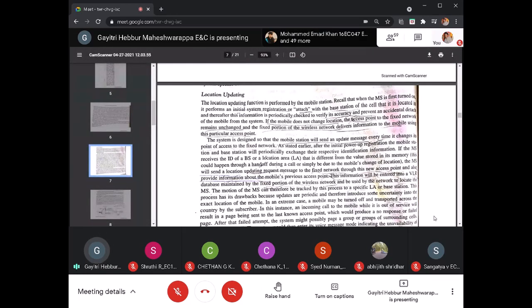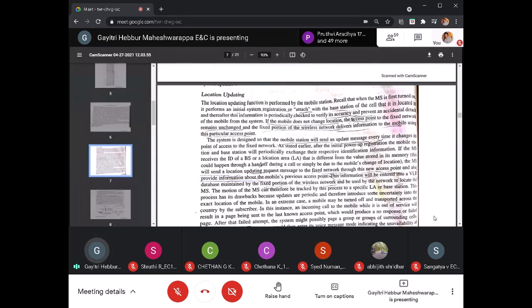And if the call is in progress, if the mobile subscriber is in transit mode, then it changes the location from one location area ID to another location area ID. Whatever is stored in the previous memory of your MS, and the radio base station which is transmitting the ID number to the MS periodically, it will check both. If both the numbers are different, then the MS will request the BTS to update the location in the VLR.